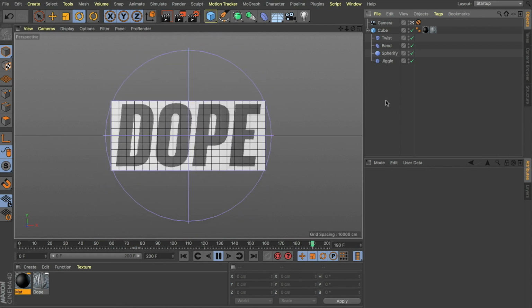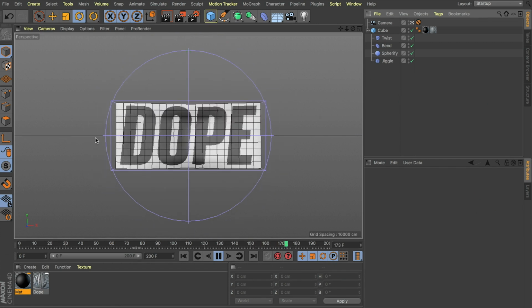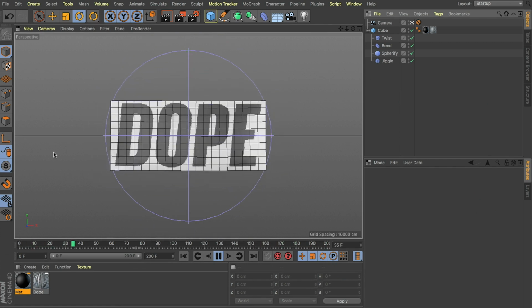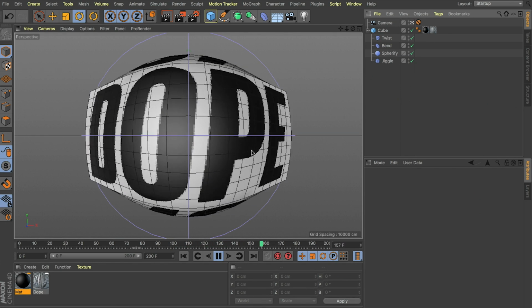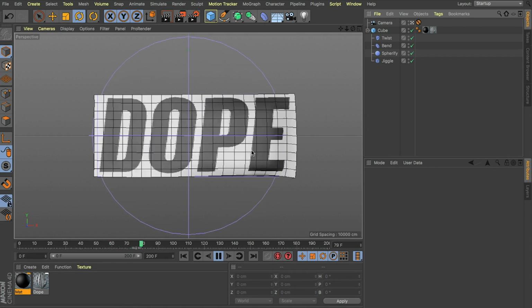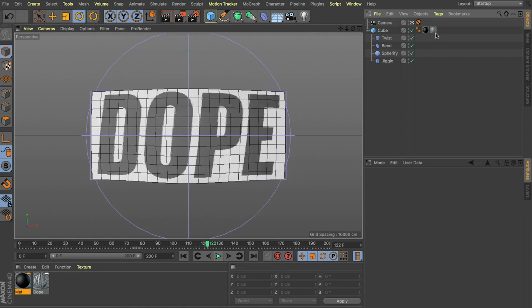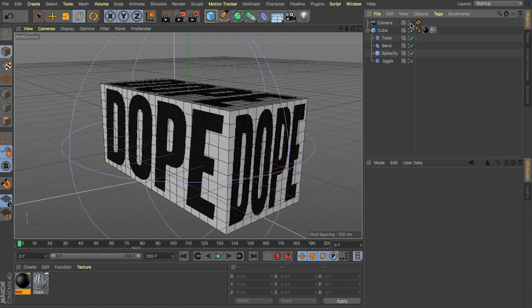Now you don't see it all the time, but especially when we go for that bend, you might have noticed where it's showing a little bit of the texture on the side faces of this cube. Because of how we've set this cube up, it's not projecting the texture very nicely onto those edges. I'm going to go to frame 0 and jump out of my camera for a second, just to remind you guys, it's all stretched on that side face.